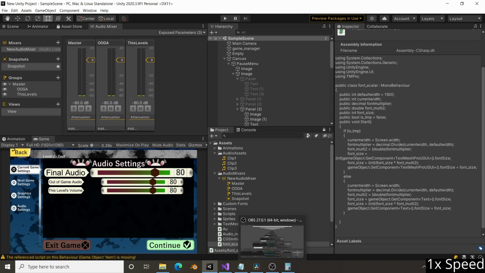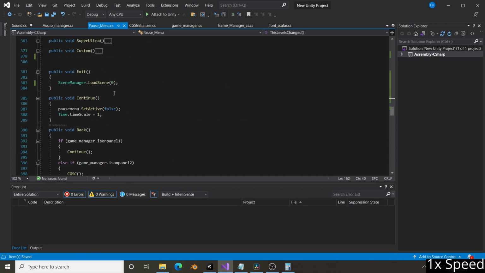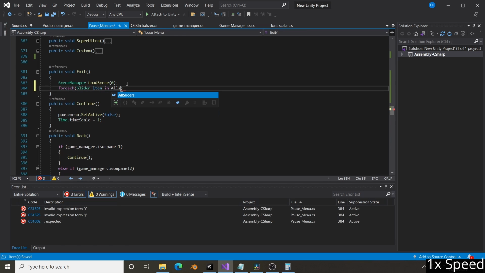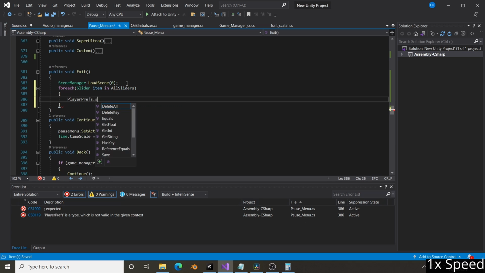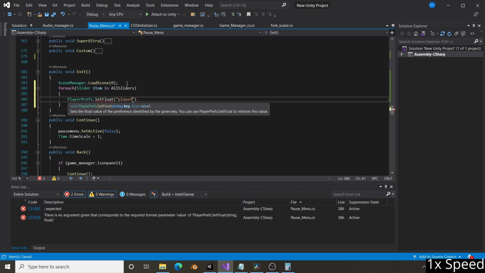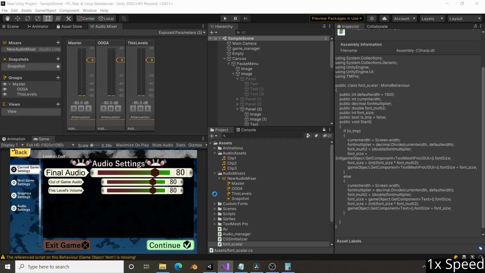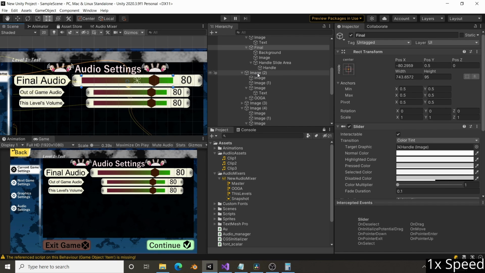Now, of course, this is all well and good, but doesn't do your player much if they can't save it. So, in our exit system, this is why we created an array. We can just say for each slider item in all sliders, PlayerPrefs dot set float, player data audio is what I'm going to make it, plus item dot name, and then make the value item dot value. Now, this system will only work if you name each of your sliders individual things, which I've already done: final,